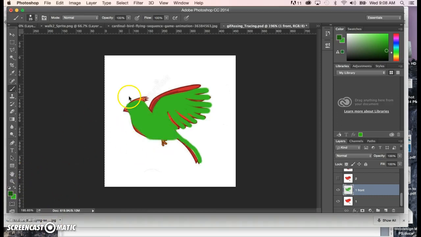And then I'll flip-flop my foreground background color, make this quite a bit smaller just to give a little eye there. And that's enough detail for right now for that front part. So now I'm going to click on layer 1. I'm going to add a new layer, and notice that it is underneath front, so I can rename this 1BG for back, then